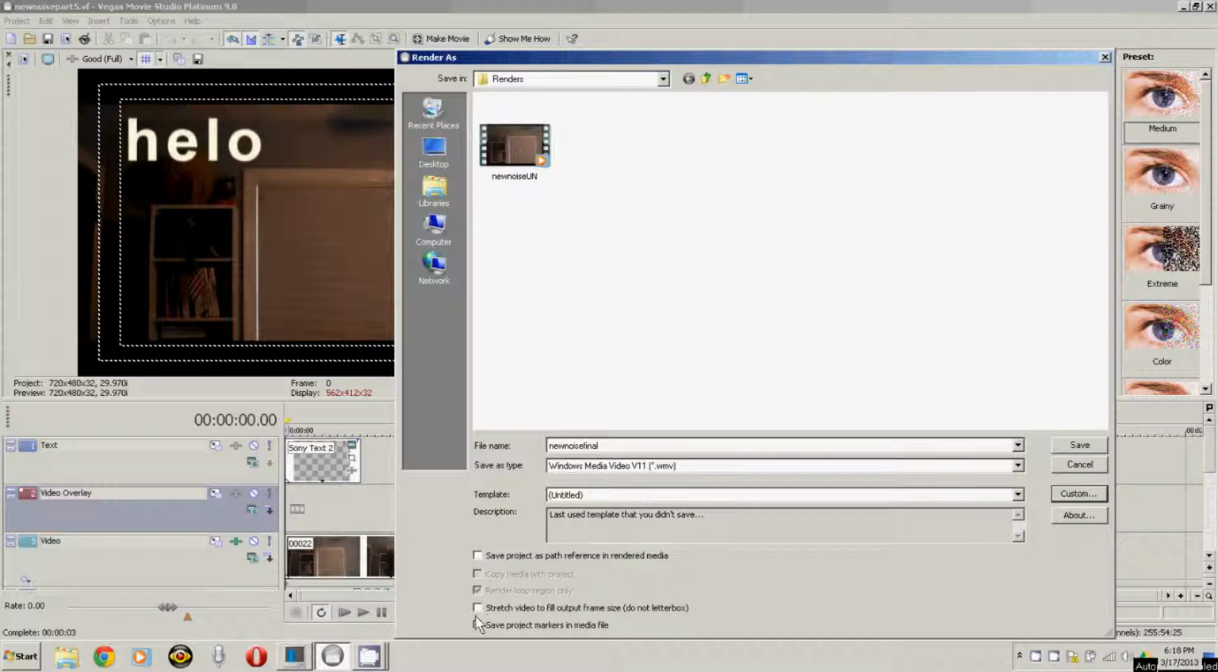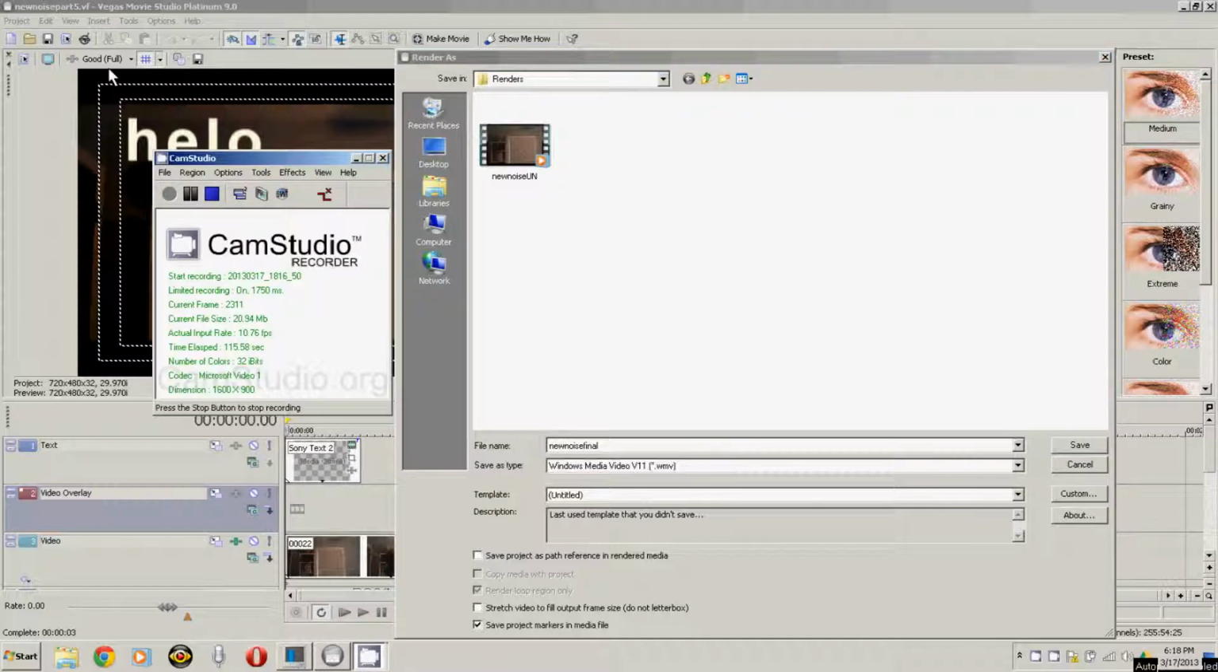Now, this is the part where I'm going to have to cut off because this won't go very well if I have the capture software running while I'm doing this. So I may have to cut off right here, and once this is done, I'm going to show you guys what the finalized product looks like. Okay, so